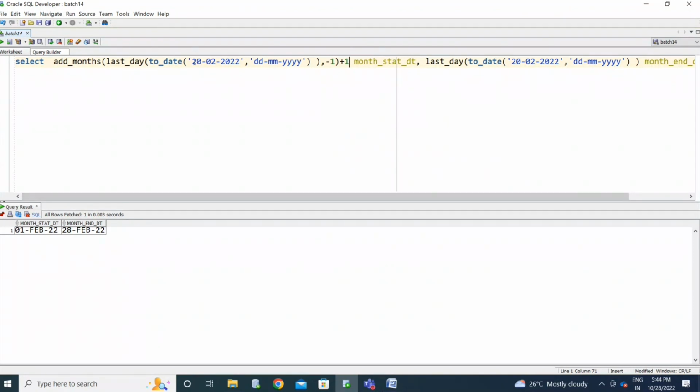So if you mention 30 and 12, and you can add here as well 30, 12. But 1st is December, 31st December. Right? So you are able to do it like this, month start date and month end date.